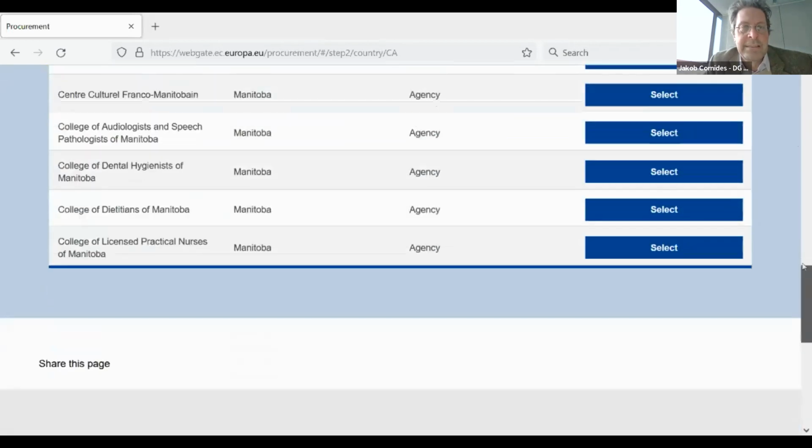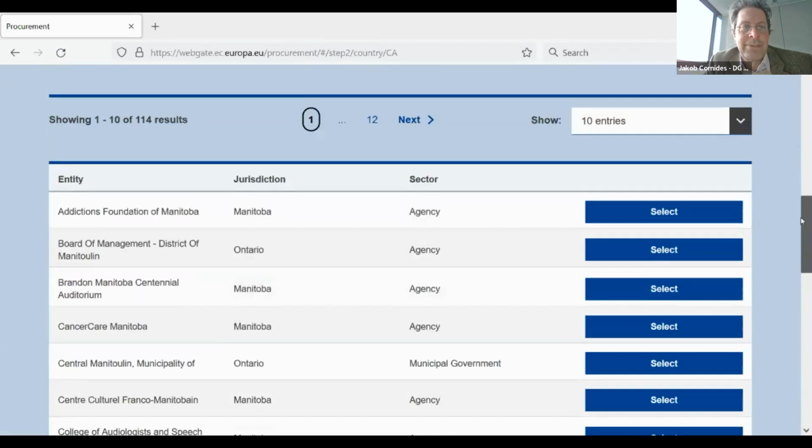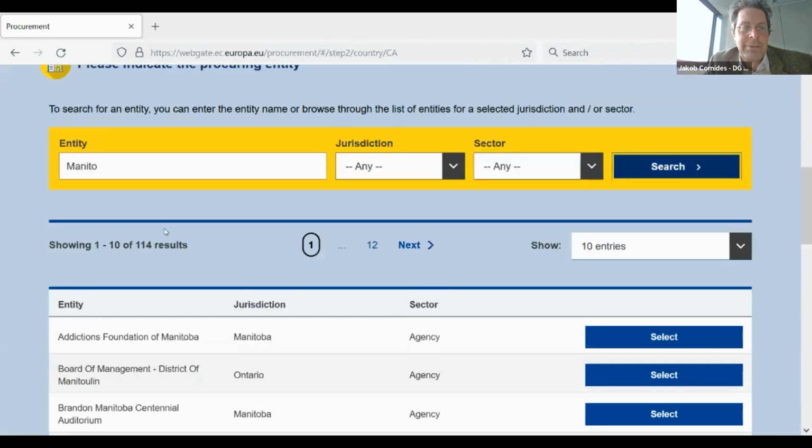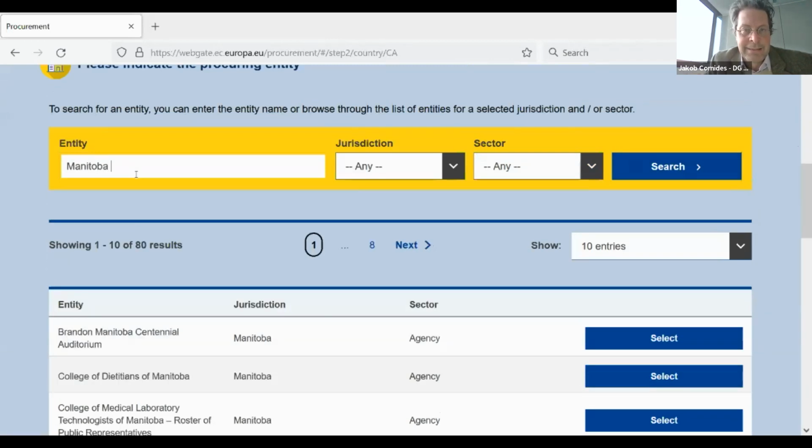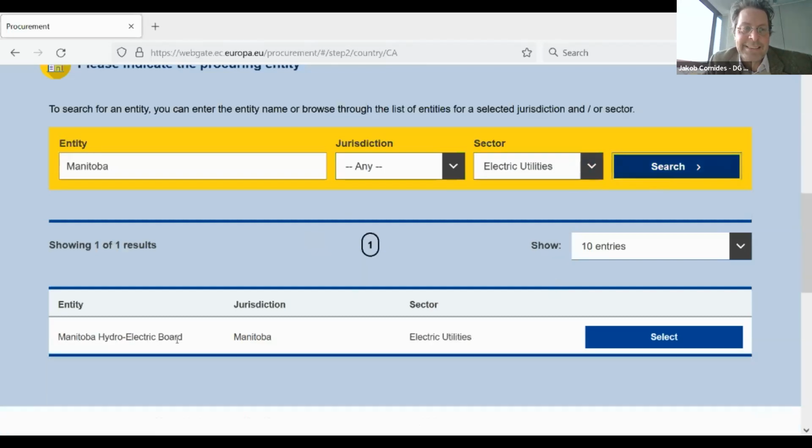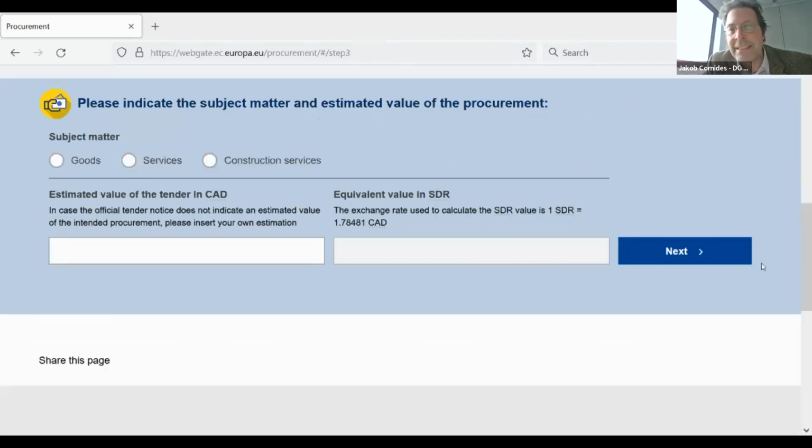And here again, okay, I have got 114 entities, so I maybe narrow it down again by electric utilities just to find it again. Here it is, the Manitoba Hydroelectric Board, and so I have identified my procuring entity.